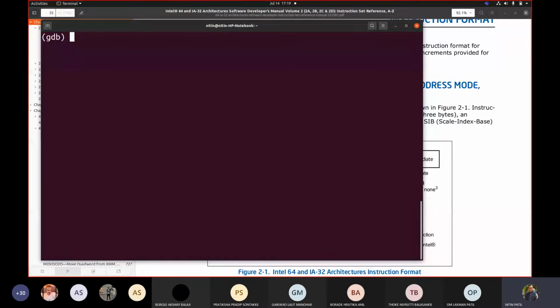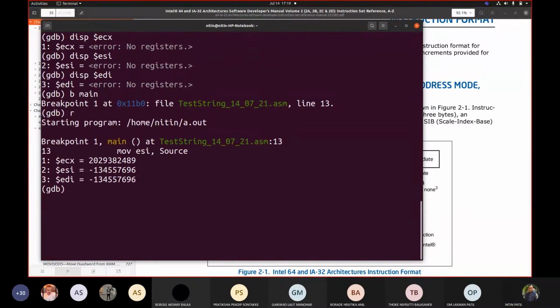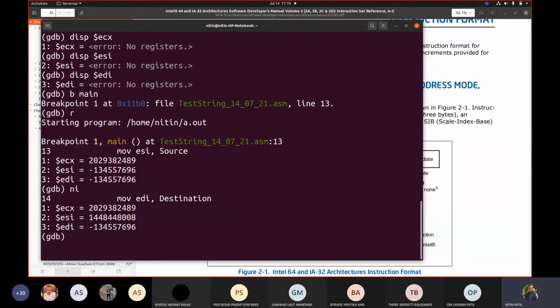Okay, so let us display ECX, ESI, EDI. Fine. Let us set a breakpoint and now say run. So ESI is the source, so one address is added. Correct. So if I write x/c, a character, $ESI, this is the first character. Correct. Fine.